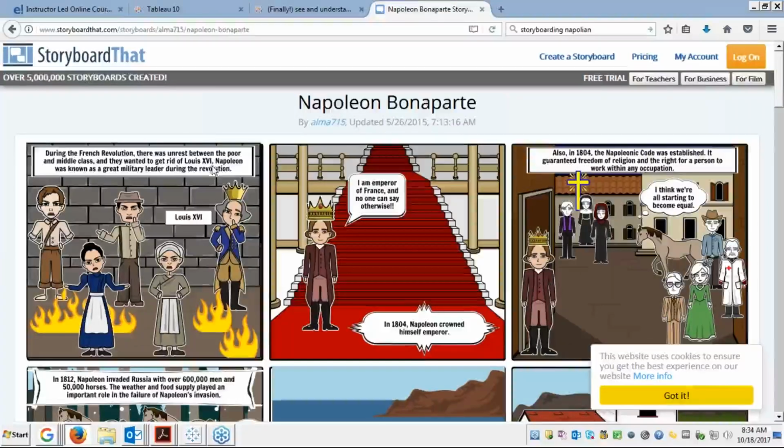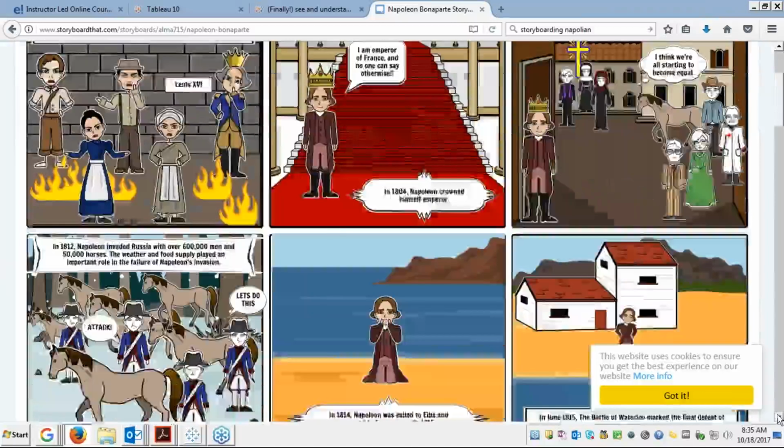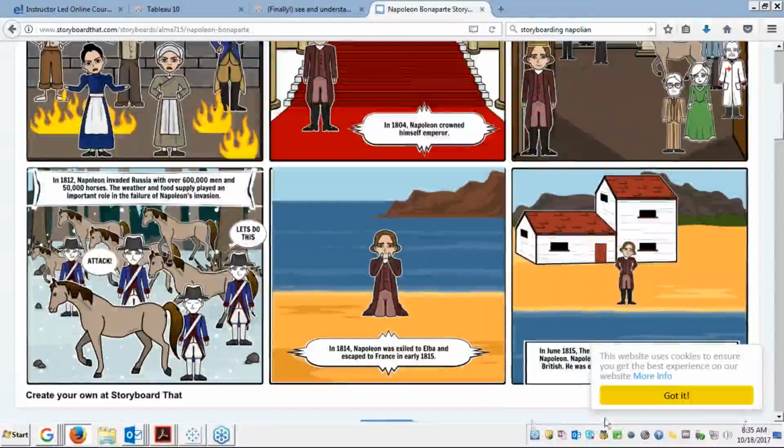Louis XVI. And Napoleon, known as the great military leader during the revolution, so he is the king there. So Napoleon crowned himself as the emperor of France, and then he basically occupied things. And if you see, he was attacking various places all around the world, and finally he got exiled in